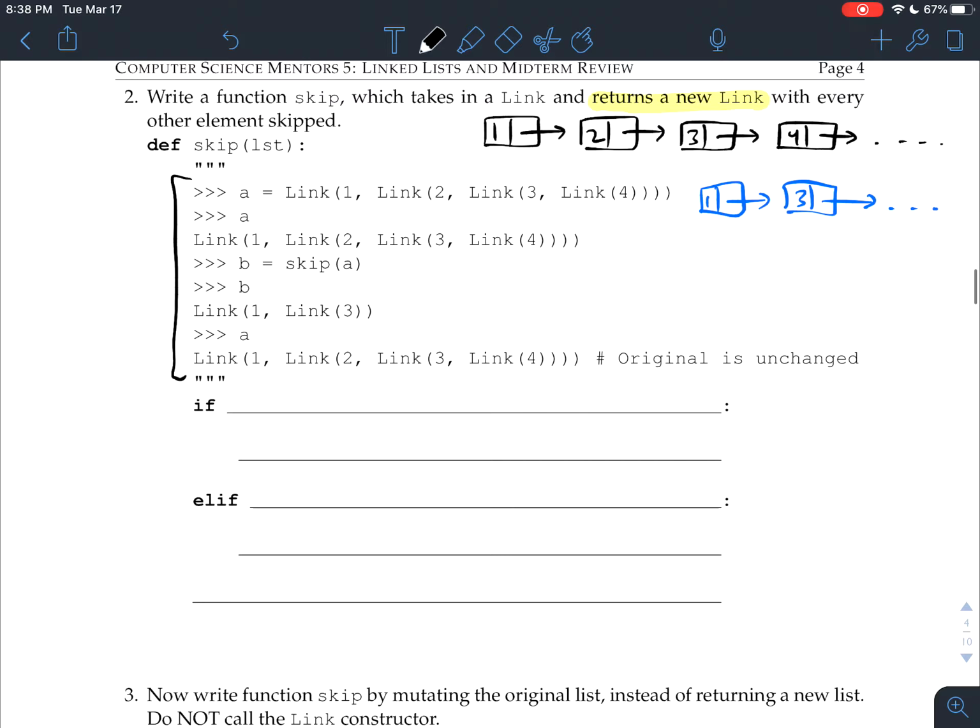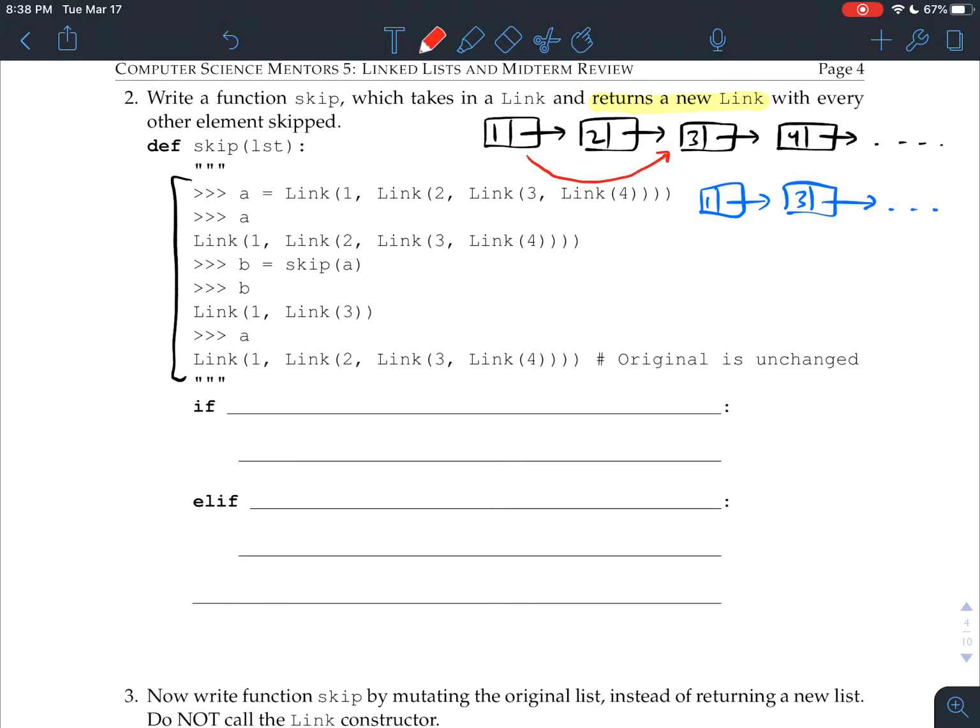object. So secondly, we need to figure out, how do we do this skipping? Somehow I want it to be the case that this 1, rather than pointing to the 2, we reassign the pointer so it points to the 3. Well, let's think about how we just make that jump. Well, making that jump is saying somehow that, or rather than using list, let me just call it link.rest